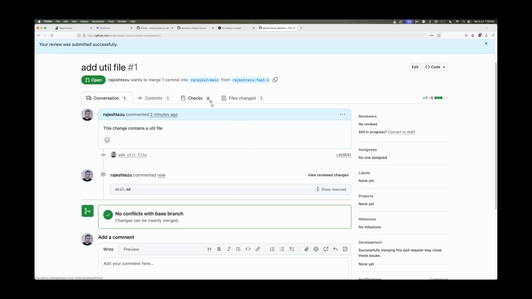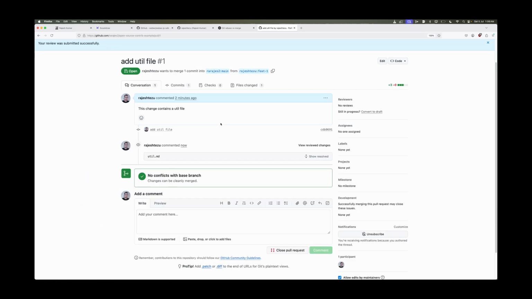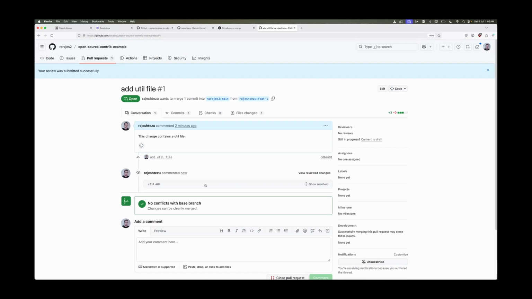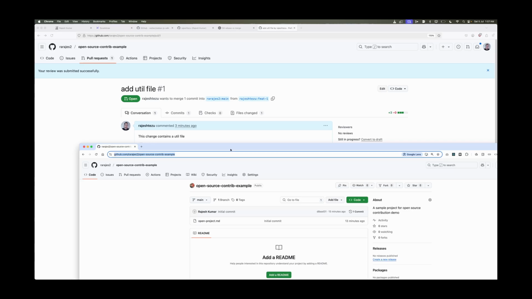Now once all of those things are done, from here you can't do anything. The contributor or the creator of the main repository will have access to decide whether they want to merge this pull request or not. You can also merge this pull request if you have been given access by the main author of the original repo. So for that, if we go here,